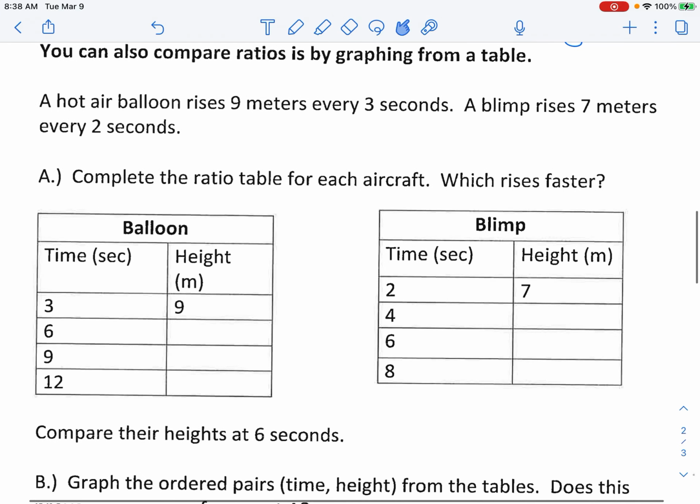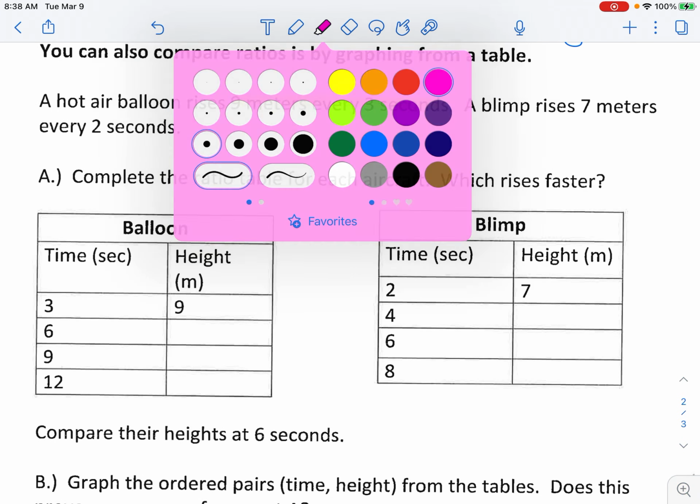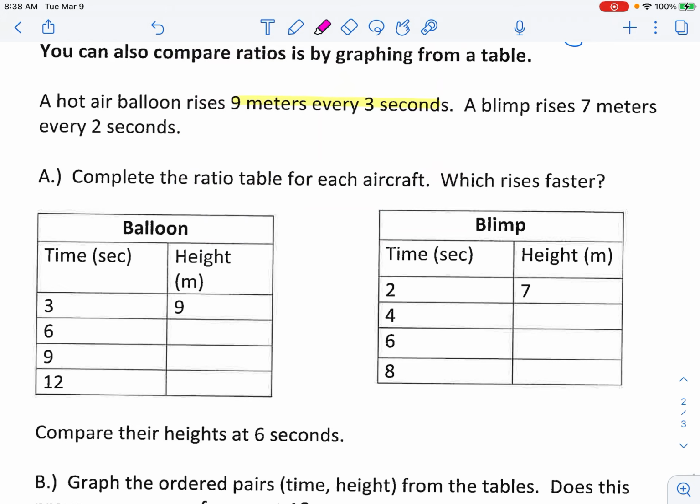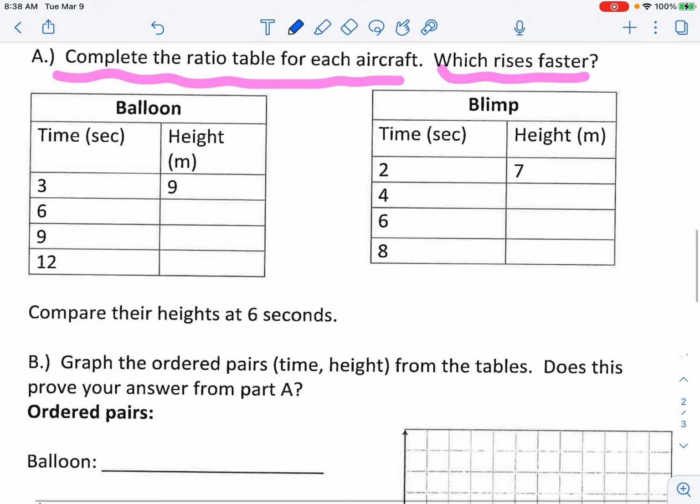A hot air balloon rises 9 meters every 3 seconds. A blimp rises 7 meters every 2 seconds. Complete the ratio table for each aircraft. Which rises faster? Okay, so over here on the left for the balloon,